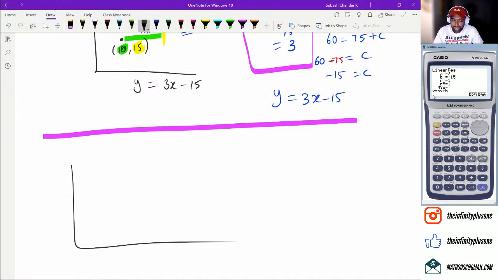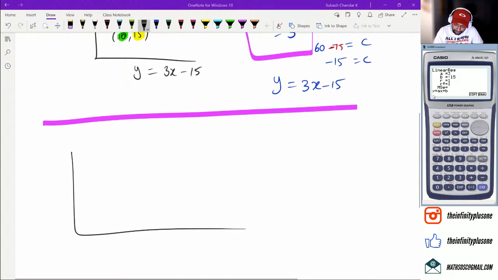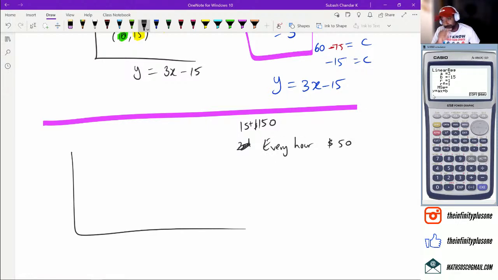They said, oh, we charge $50 per hour. For the first hour, I think it was $150. And then after the first hour, every half hour was $50. So to put it into perspective, if I was going to draw this as a graph,